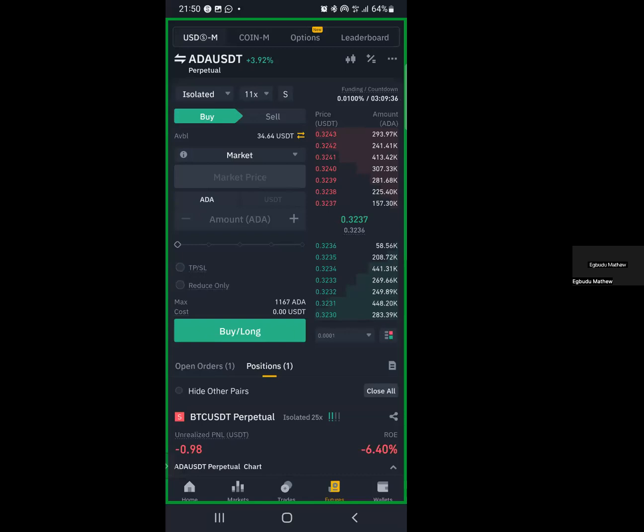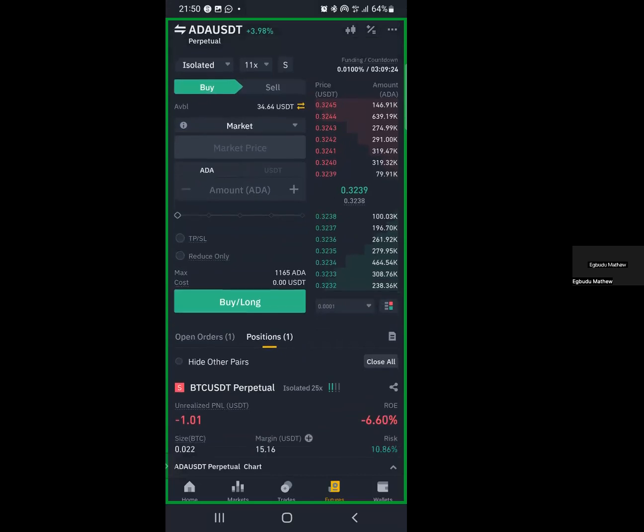The moment you click on market and you choose to use a certain percentage of your balance, all you need to do is come down to here. You see this arrow. You click, you turn it here. If you want to use 25%, if you want to use 5%, 15% of your equity, you just click here. It's 3.44. You click on long,